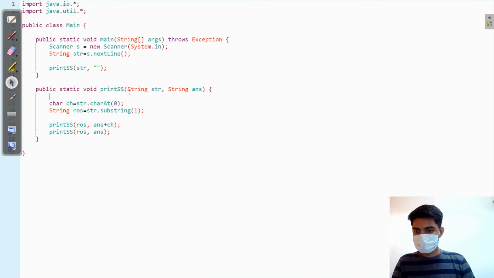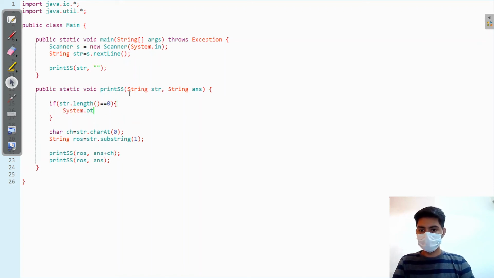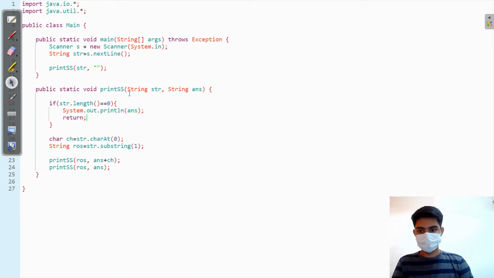Okay. Now I'll make a base case that if my string.length is equal to 0, since I'm passing the substrings, then just simply print the answer and then return from here.